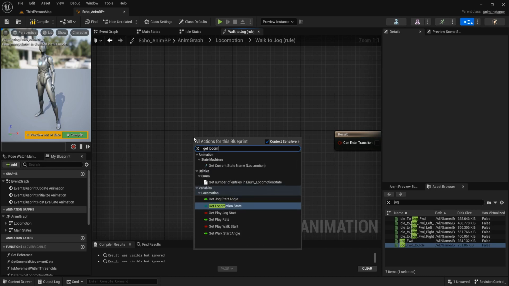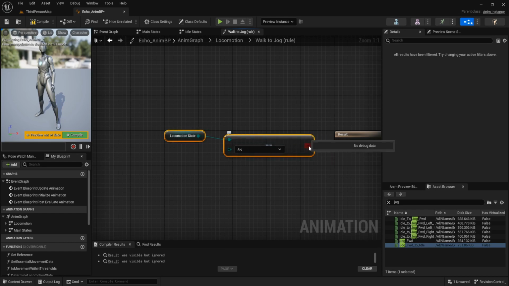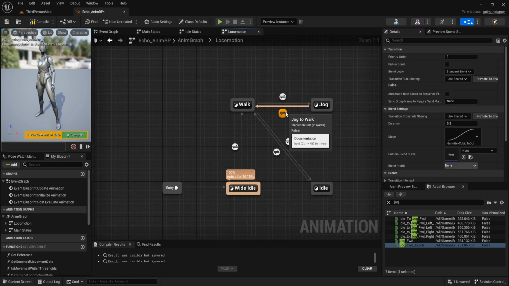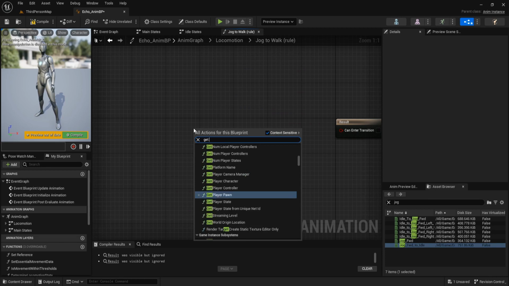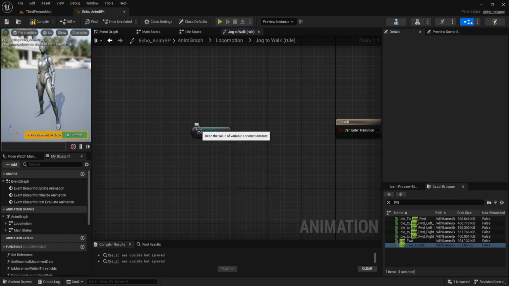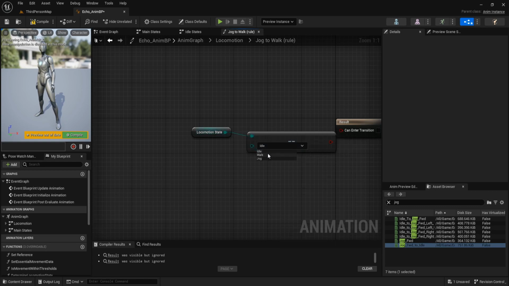Get locomotion state equal to jog. And this transition back from jog to walk, duration is 0.3. Double click and get locomotion state equal to walk.